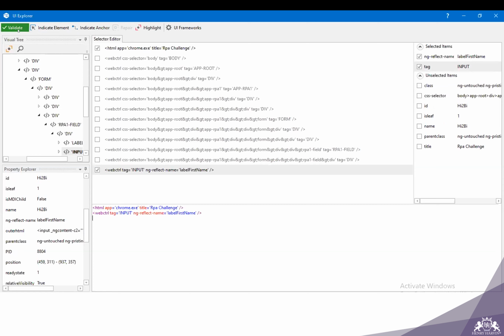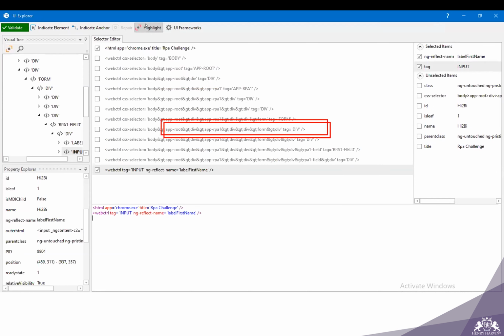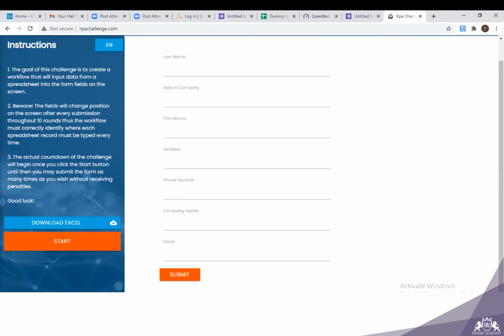If it is validated, I'll click on highlight and check whether the same text box which I want to select is getting selected or not. I'll click highlight. Yes, the first name text box is getting selected. I'll disable this highlight button, and I'll click on save. This is how I have to do it for all 7 entries. All right. So this will enter row 0 here. I'll just execute and show you how it is working. It will find the first name.